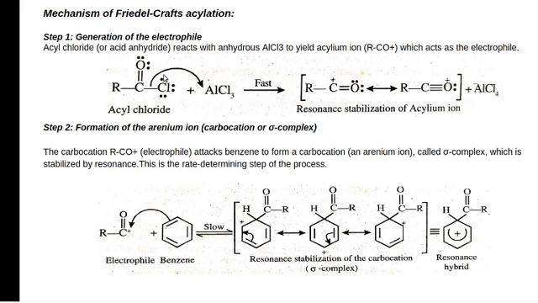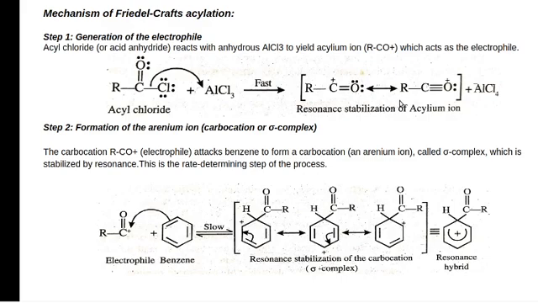And the RCO+ ion will be the remaining part. That means the acylium ion will form from this acyl chloride when Cl minus gets removed from it. So this acylium ion RCO+